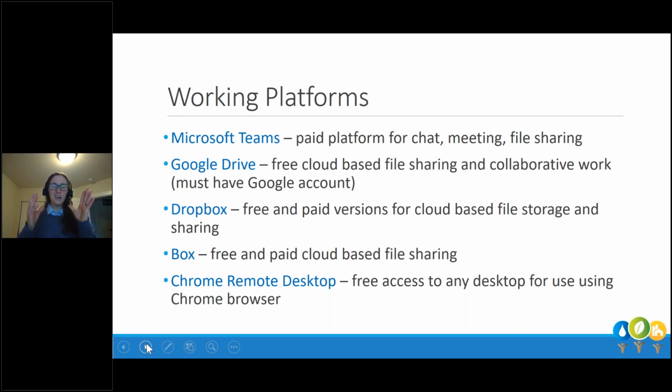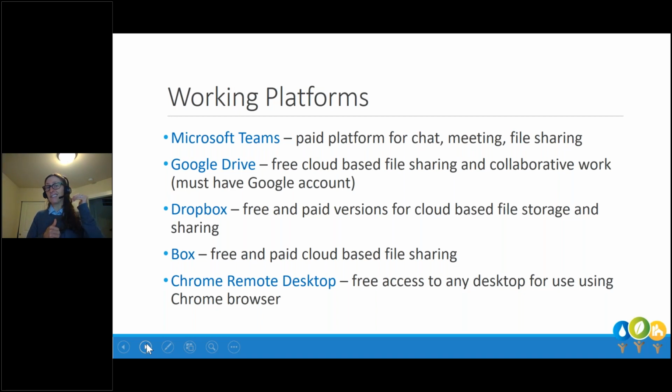So all that is, though, is just like a cloud-based file that you can share. It's not like working on documents together or anything else, but it's really nice when you have very large documents that you're trying to share amongst folks and you can't be on your internal server in the office. This is like an external file server. You can think of it that way. Again, those are usually paid. There are free versions, but they're pretty limited. So just check out what you need and you can see that interface.